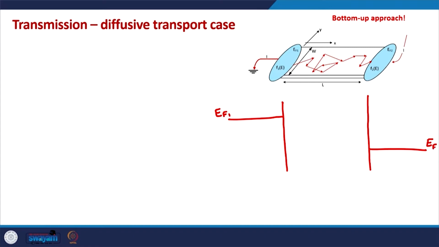We have EF1 and EF2, these are the EF1 and EF2 levels. The applied voltage across the device is Q times V. Let us say we have applied a voltage: we have grounded the source side and we have applied a battery of voltage V on the drain side. The source side is grounded. So, in this case